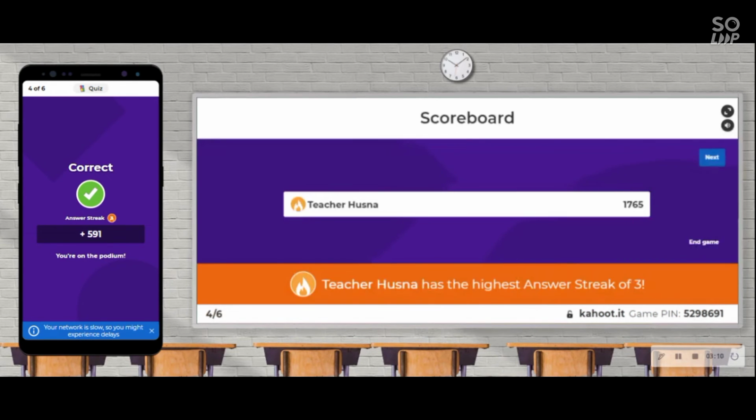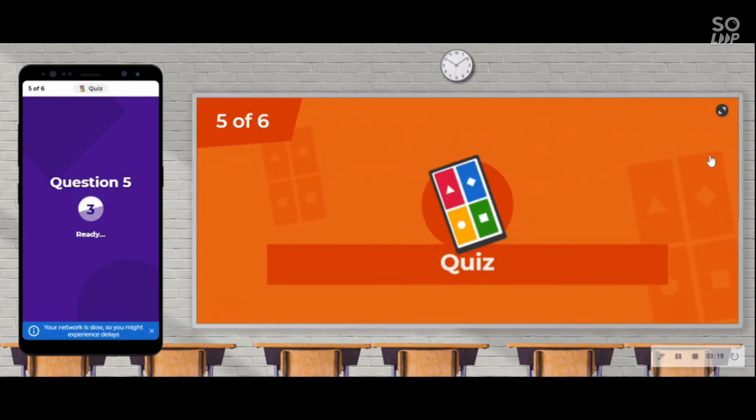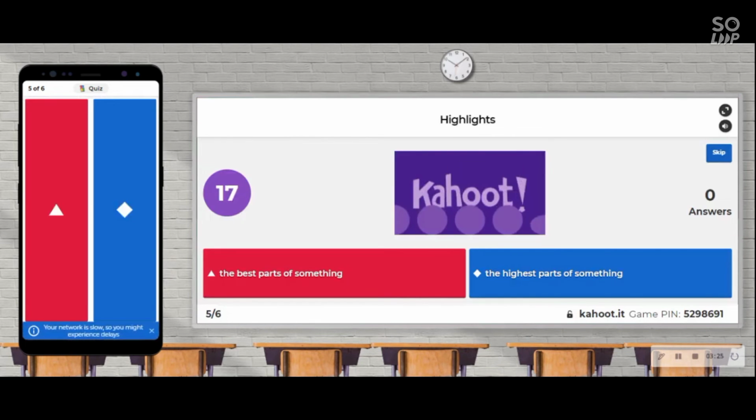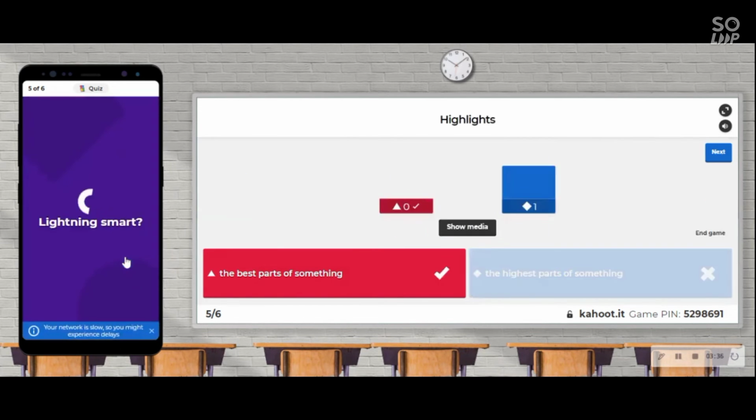Maybe because I'm the one who made it, I think it actually trains students to think fast and come up with the answer fast. So number five, highlights. The highlights, as you can see in the text, is it the highest part of something or the best part of something? It actually is the best part of something, not the highest part. Highest part is a different meaning. It is the best part of something. So you put in highlights. If you have social media, you may know the highlights that you put in your profile. Okay. So next,